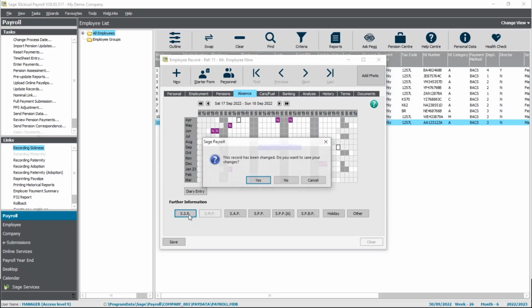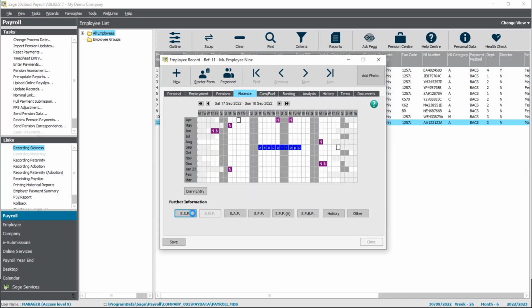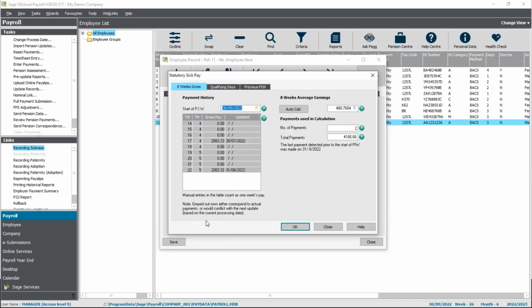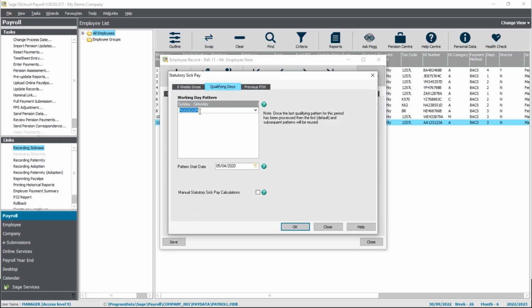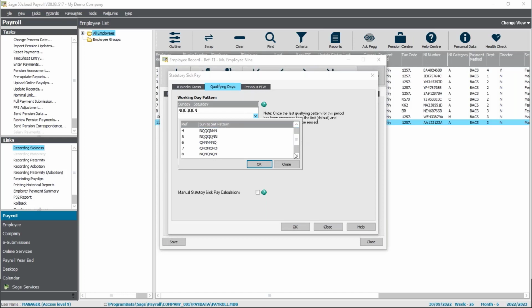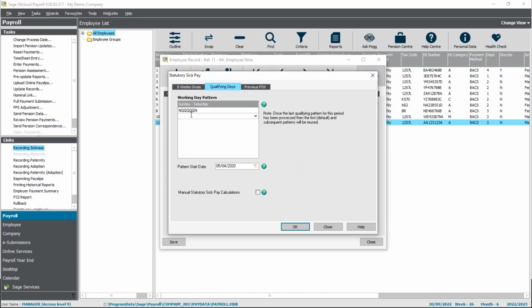If you need to check again, average earnings, pop into the SSP tab button. Here we've got our average earnings again. There's our qualifying day pattern. So if you need to add an additional line, just click underneath. You've got some presets if you need to, or all you would do is type in. So if we do this,